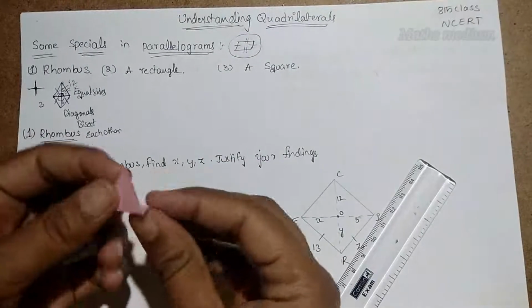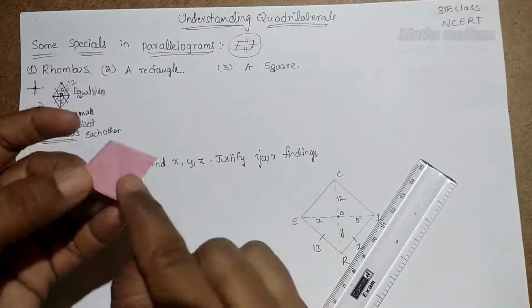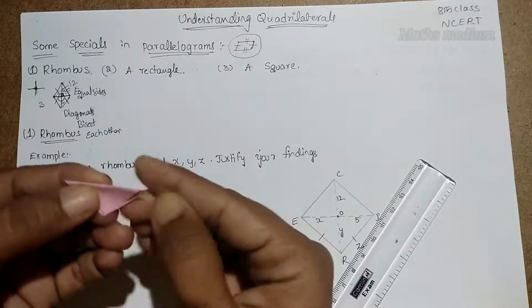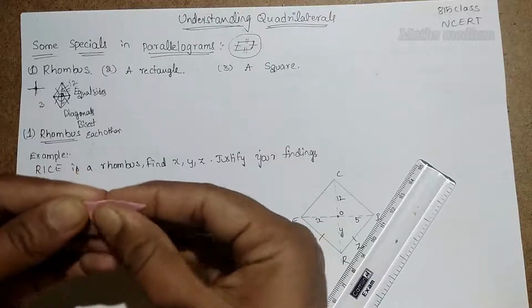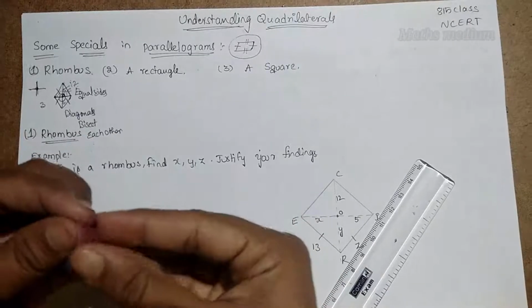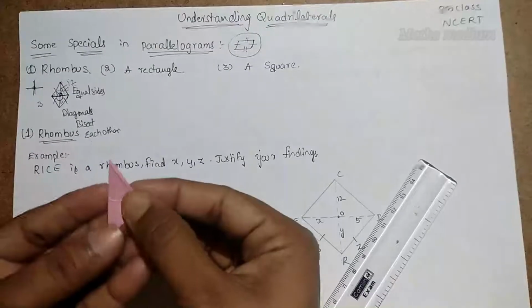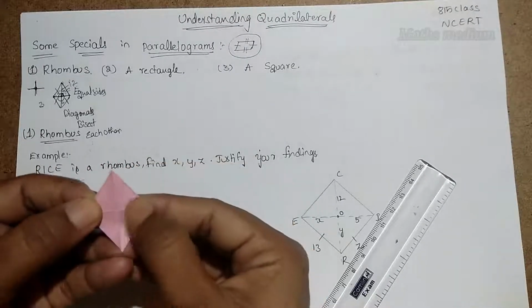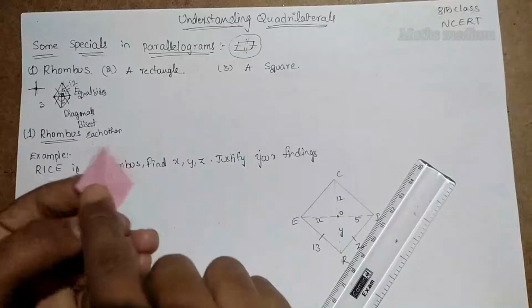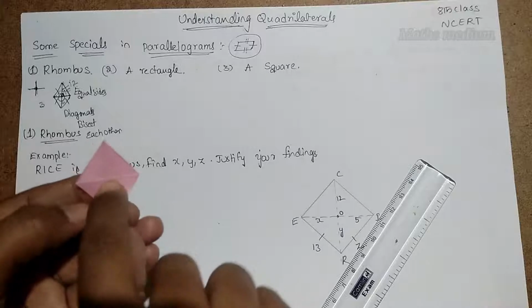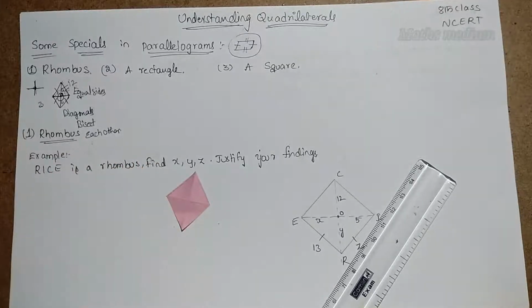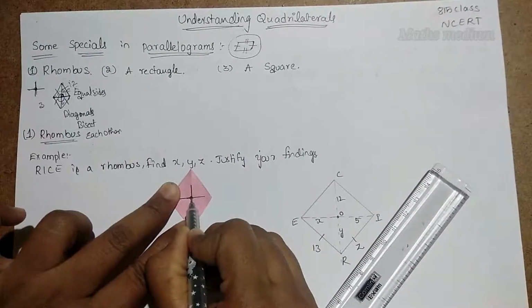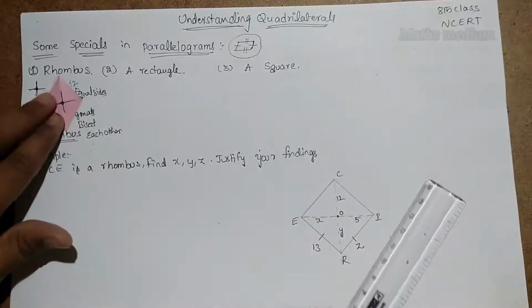See here, we already folded it like a symmetry, so this is one diagonal. If you fold the rhombus horizontally, we get the other diagonal. This is one part of the rhombus, this is another part, but it is symmetrical, so equal in length. This one and this one, this and this. So this is the point where the diagonals bisect each other. This is the bisecting point of the diagonals. This is about the rhombus.